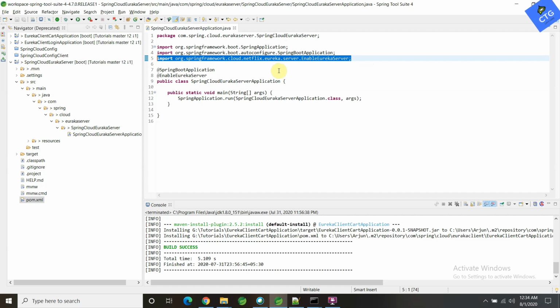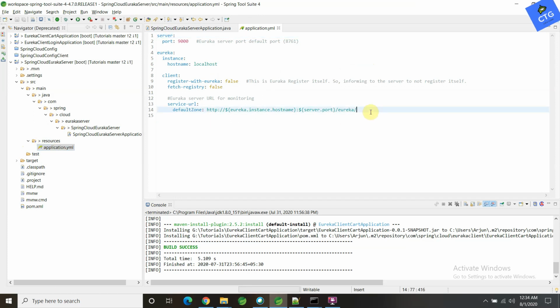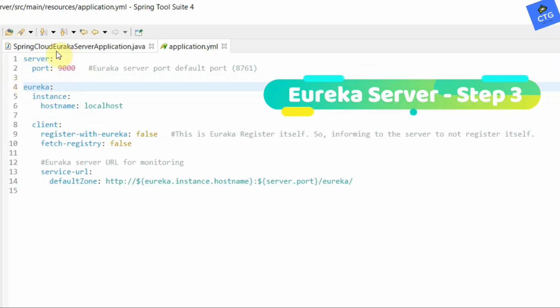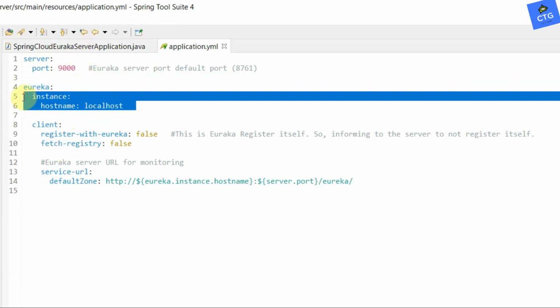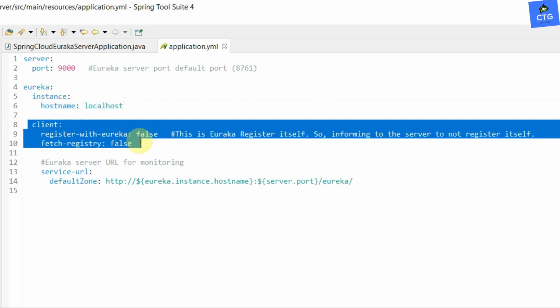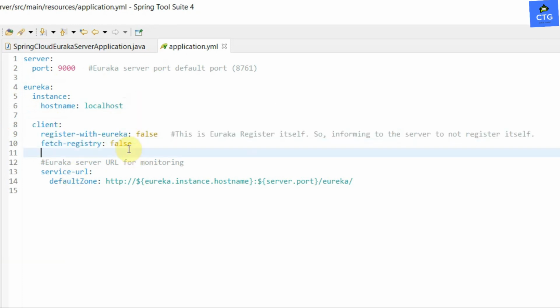And then step number 3 is we need to create the respective configuration files. Basically, everything in this application comes under Eureka, so we need to create one property file saying eureka.instance.hostname as localhost. Let me explain why we are creating this. The next one is, since this is the Eureka server, we don't need to register this particular application anywhere, because this application is itself the Eureka server.